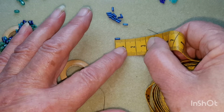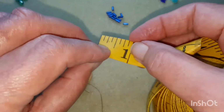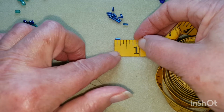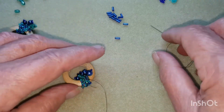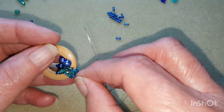Okay, they're 5mm, which is whatever that measurement is in inches. Is that 1/4 of an inch? I'd say that probably would be 1/4 of an inch. Anyway, most of the beads come in millimeters these days anyway, so 5mm. Okay,